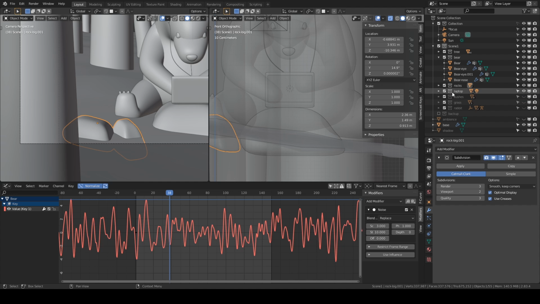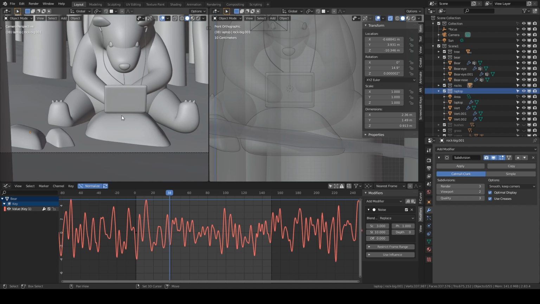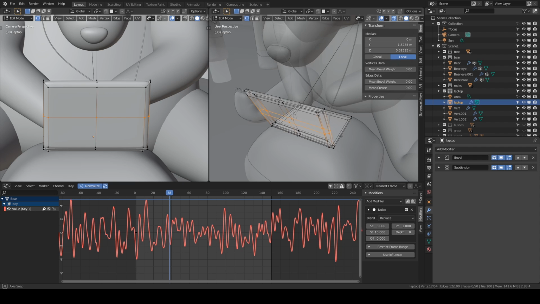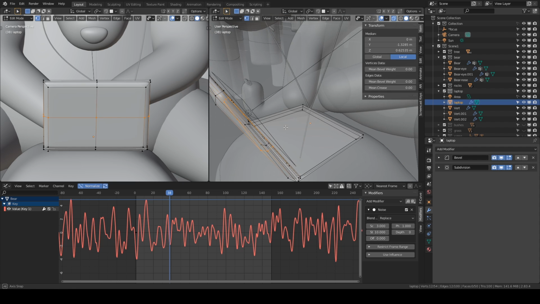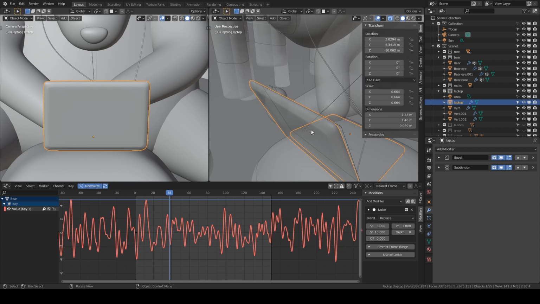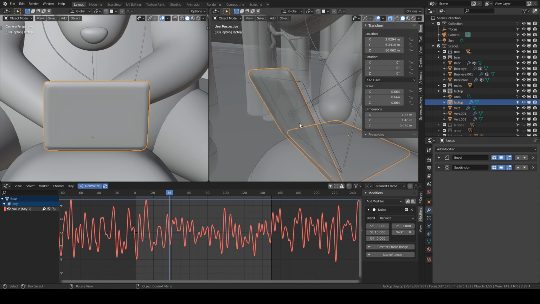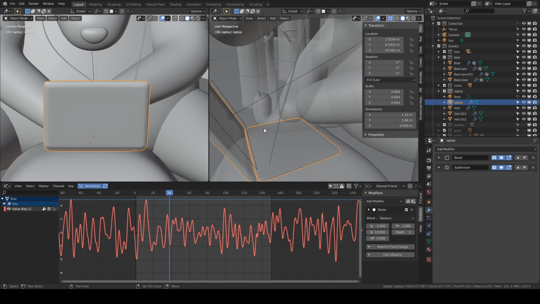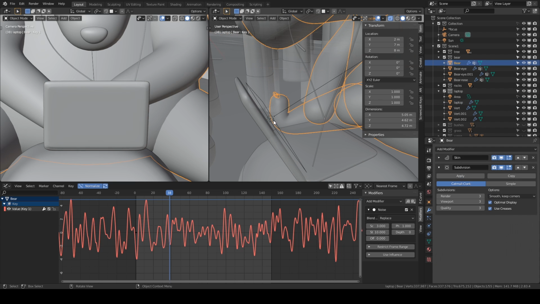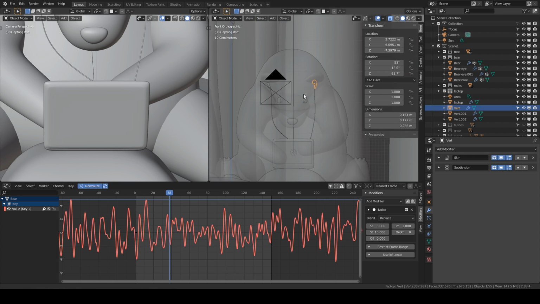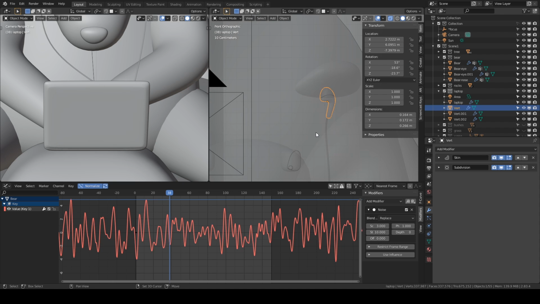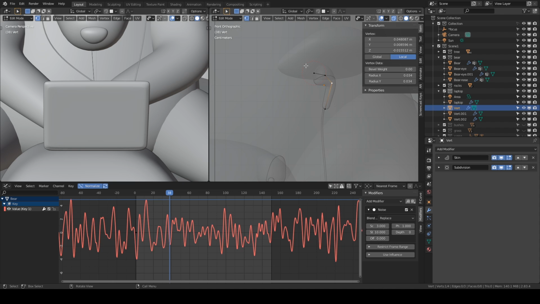And then I made this laptop using a cube. It's difficult to build using a skin modifier, because in that case you won't be getting these kinds of rounded edges. And then I added an area lamp to the scene, and then I created these tiny little earphones. Now again we are back to the skin modifier.